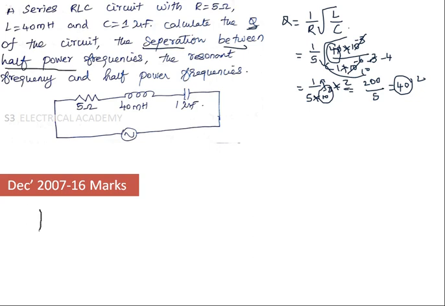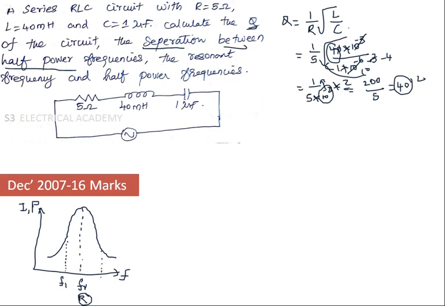So let us draw the circuit diagram, the graph of a series RLC circuit. This is frequency on one axis, and the maximum value of current as well as maximum value of power on the other. The graph will be like this, and this is the frequency at which resonance occurs. It is named the resonant frequency, at which the impedance Z is equal to R, a pure resistive circuit. This level is I RMS by root 2, giving the lower cutoff frequency F1 and upper cutoff frequency F2. So the separation between half power frequencies is the distance between F1 and F2.